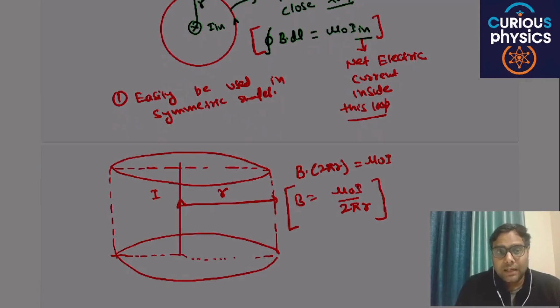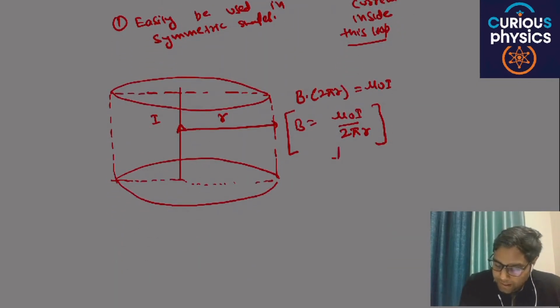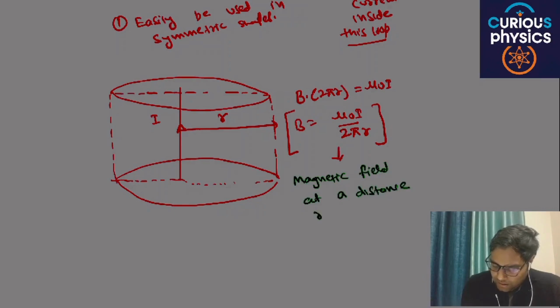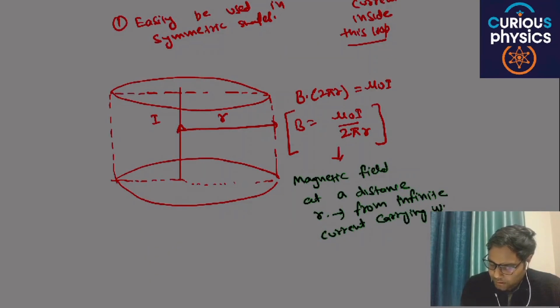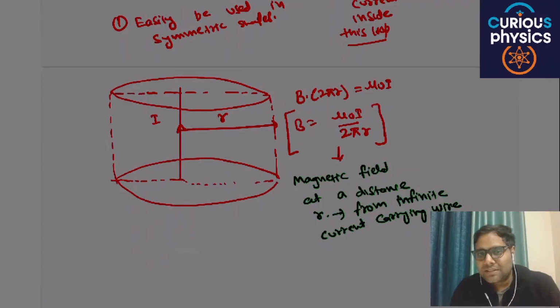And this particular relation you should always remember: the magnetic field at a distance r from an infinite current carrying wire, where the value of the current is I. So always remember this result: the magnetic field is equal to mu naught I by 2 pi